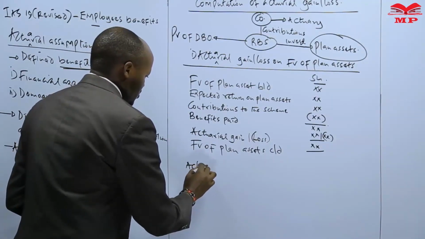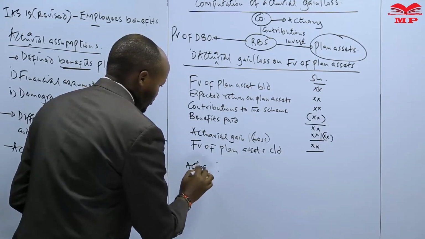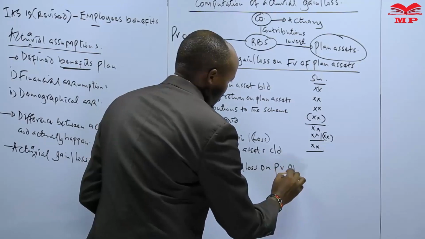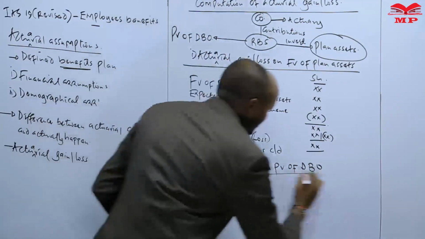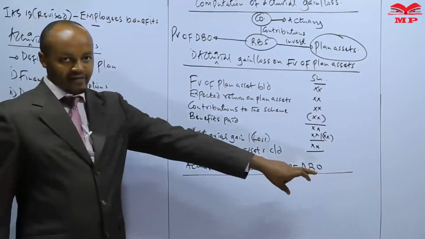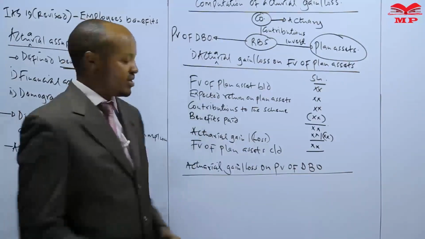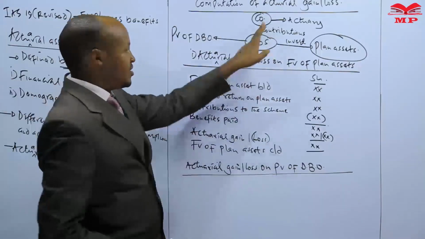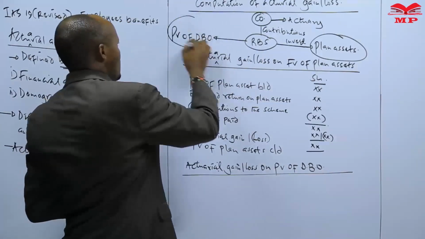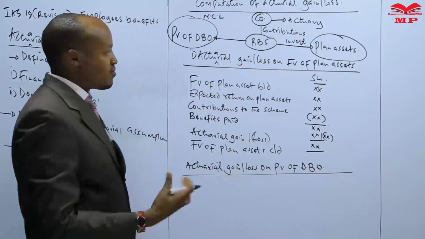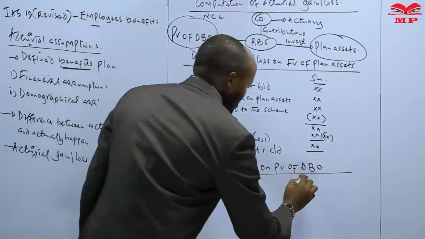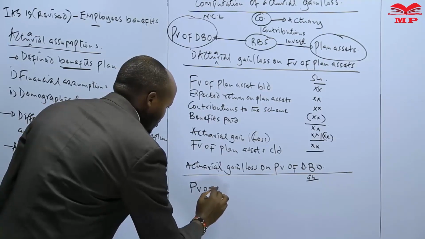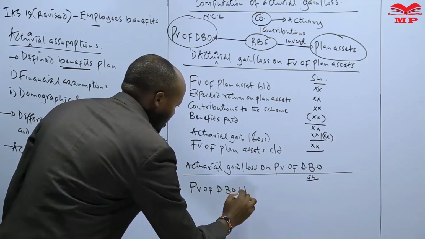Then let's look at how we compute the actuarial gain stroke loss on present value of defined benefit obligation. Remember, we have said that a defined benefit obligation, that is the present value of defined benefit obligation, is the present value of the benefit payable to the employees in future. So therefore, to an entity which operates this retirement benefit scheme, this is a form of a non-current liability, a form of a long-term liability. And therefore, in terms of how we compute the actuarial gain or loss in respect to this, we take the present value of the defined benefit obligation as at the start of the year,